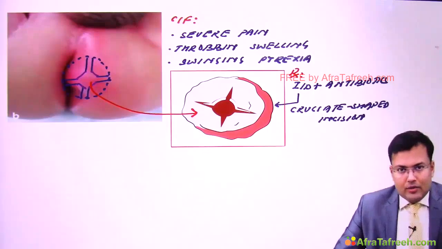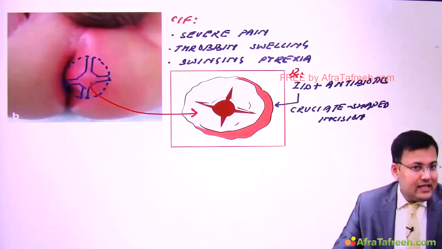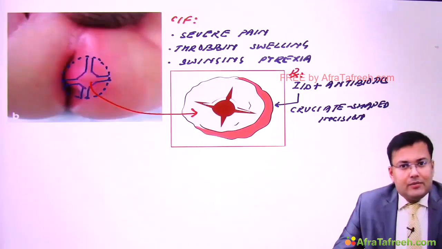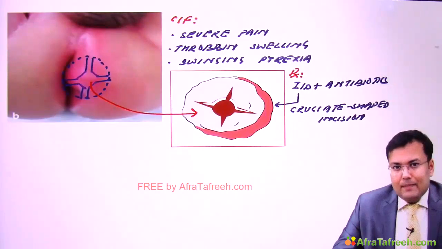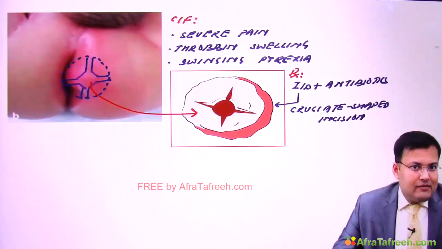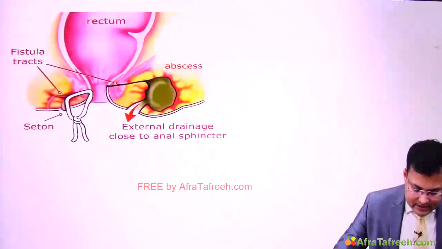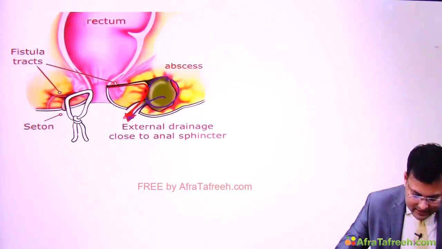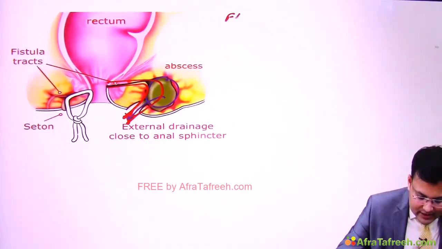Clear? Now the problem, whenever the patient comes timely, we perform this kind of treatment. But if there is delay in the treatment, sometimes there is rupture of the abscess outside and formation of an abnormal tract between anorectum and perineal skin. What's the name of this tract? This is known as fistula in ano. Here you can notice that this is the abscess and it's going to rupture outside, so there is formation of a tract. This tract is known as fistula in ano, and we are going to discuss fistula in ano in detail.